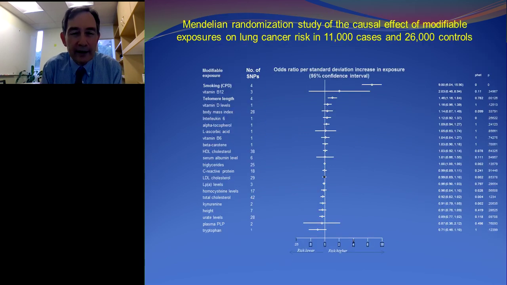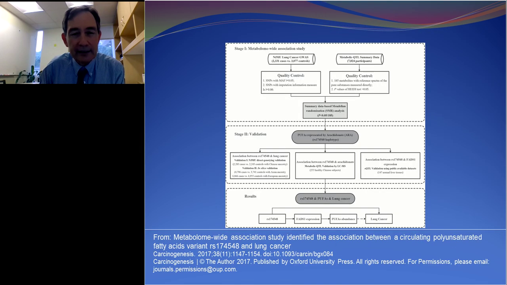Like I was saying earlier, you can apply the same kind of approach to lots of different phenotypes for a specific disease. When you do that for lung cancer, you find, as you should, that smoking is the most important factor, but it also turns out vitamin B12 is a risk factor. So having high vitamin B12 is bad. We don't really know why. This preliminary result has now been confirmed in a paper that I think is just coming out in JAMA Oncology.